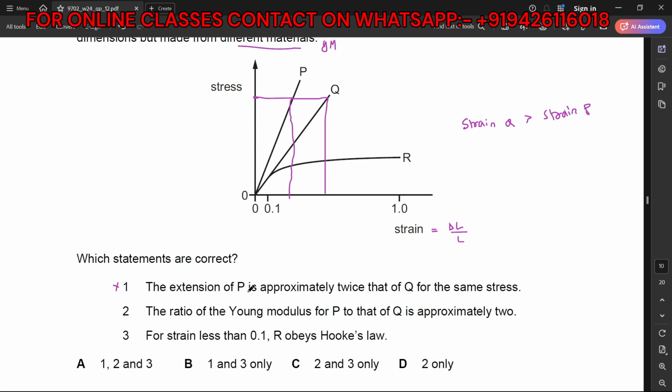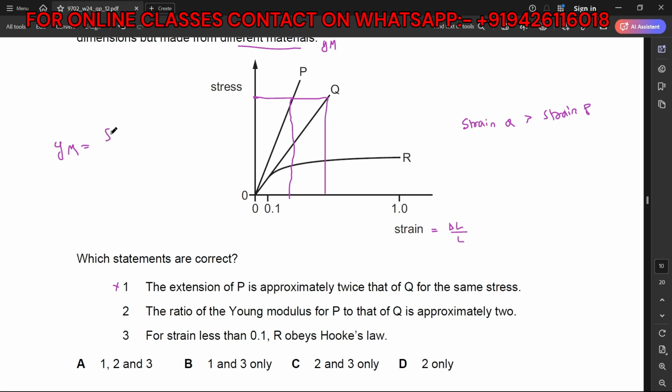P is not more than Q. It is less than Q if I'm talking about the strain. For the same stress, the strain of Q is more than P, not less, and therefore the first statement is incorrect. Now, the ratio of the Young's modulus, which is nothing but the gradient of the graph,